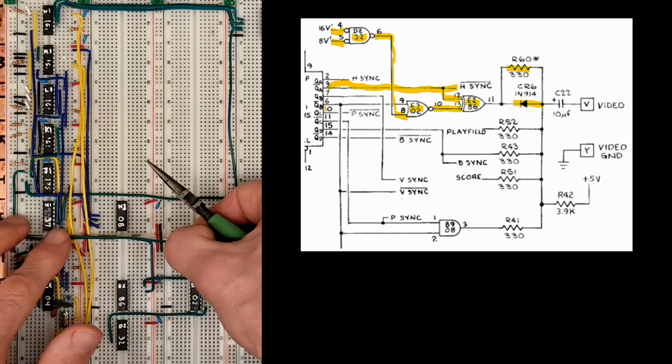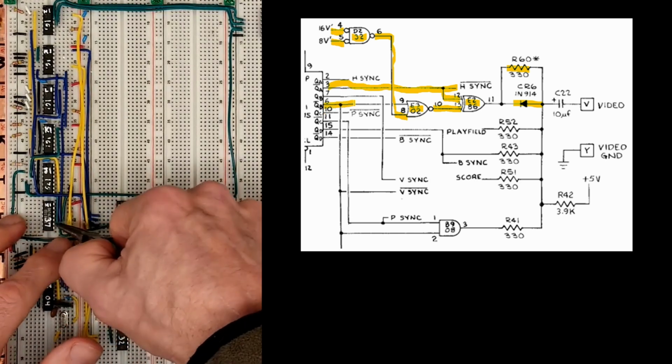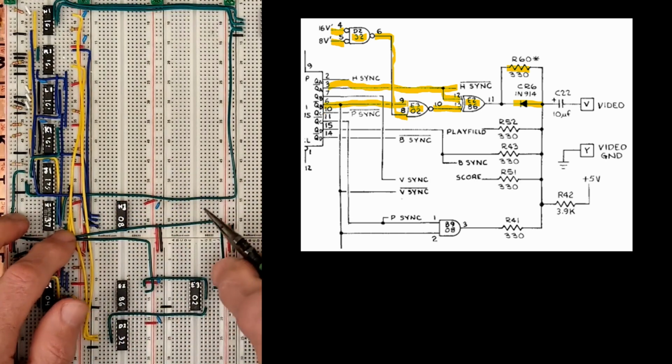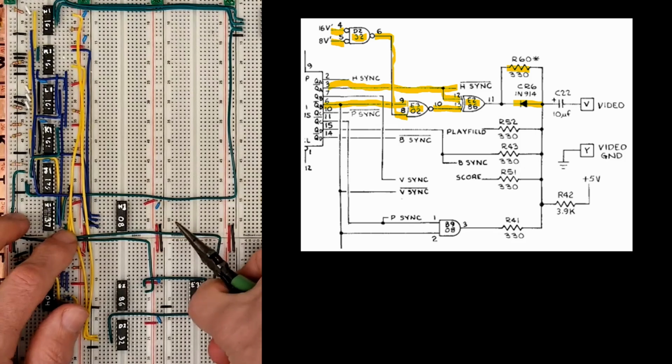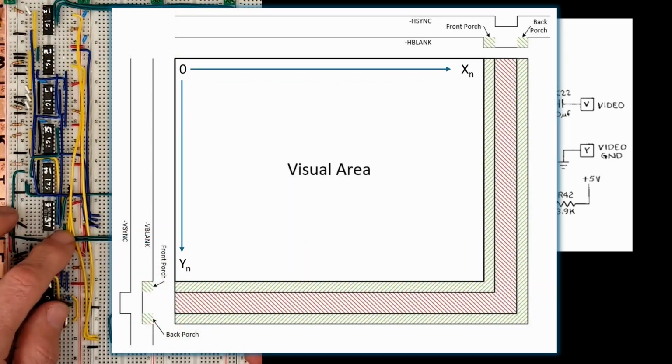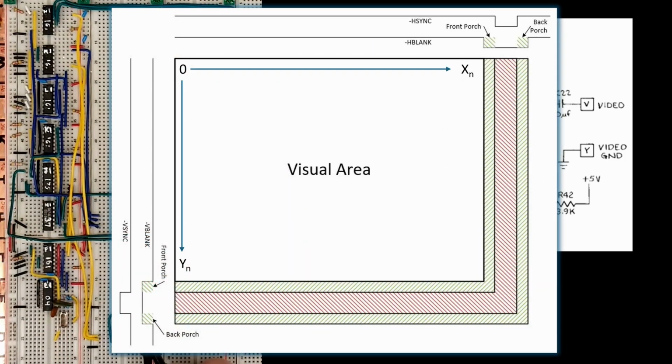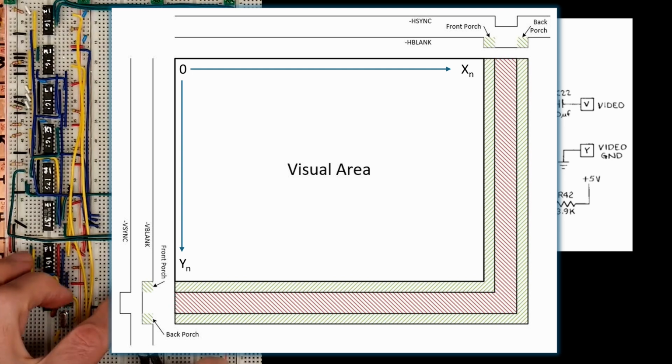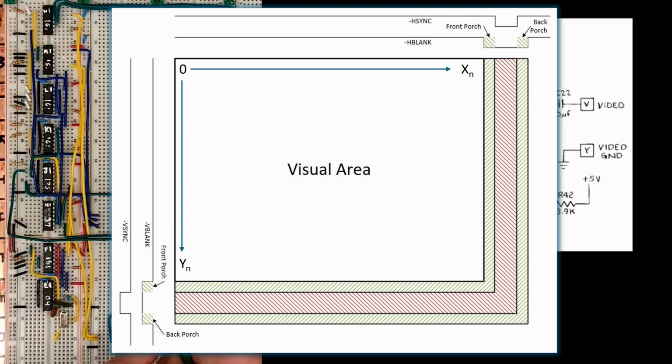Breakout divides up each line into 240 visible pieces to create its playfield. One more side note, most drawings of video screens show the visible area in the upper left corner and the syncs along the right and bottom edges. This is a valid, easy way to show memory mapped video systems where the visible area might start at 0 and syncs start at some higher counter values.